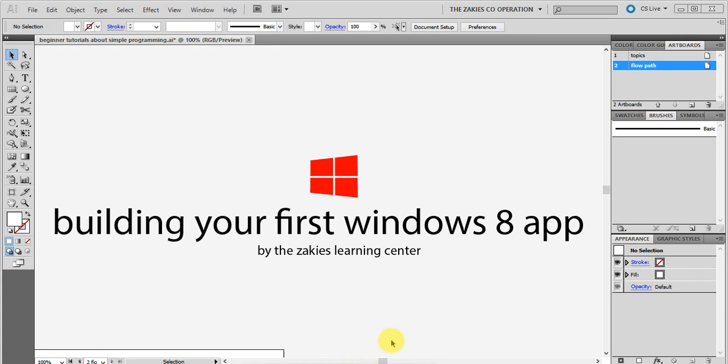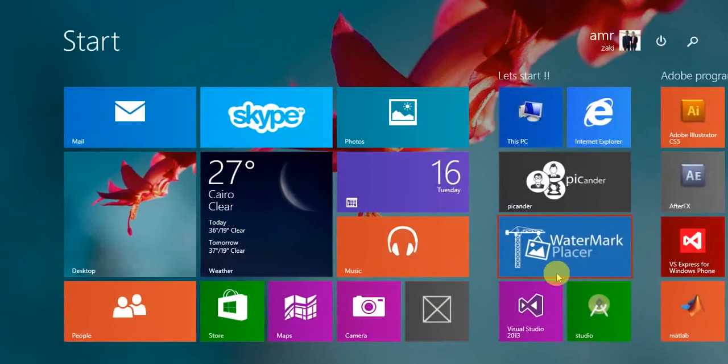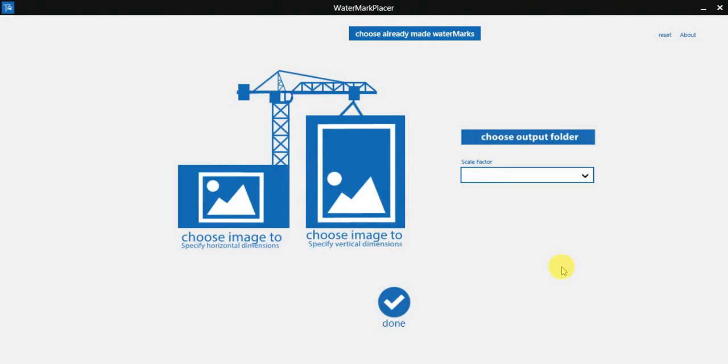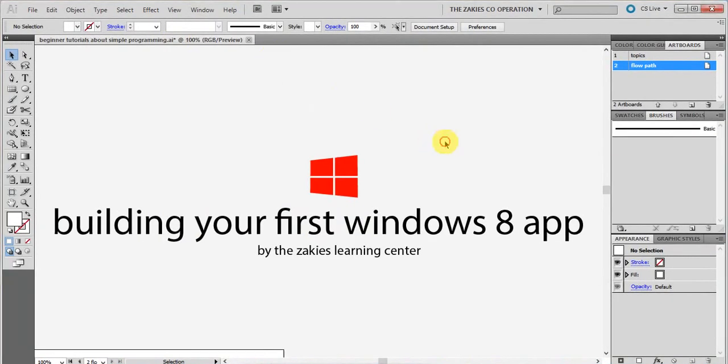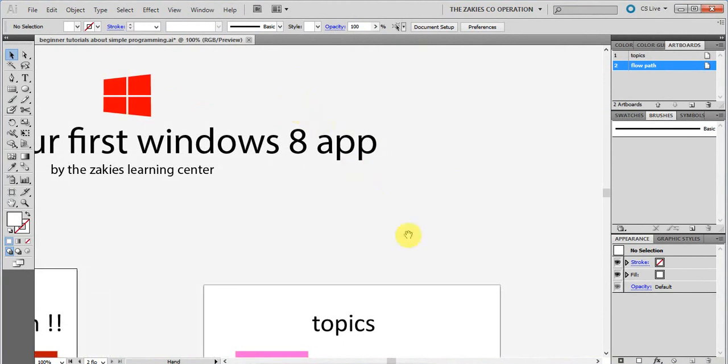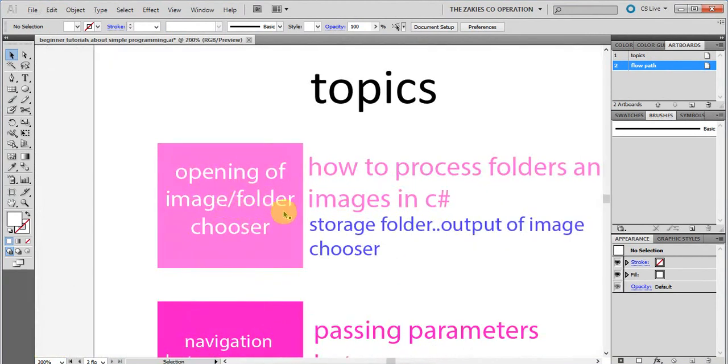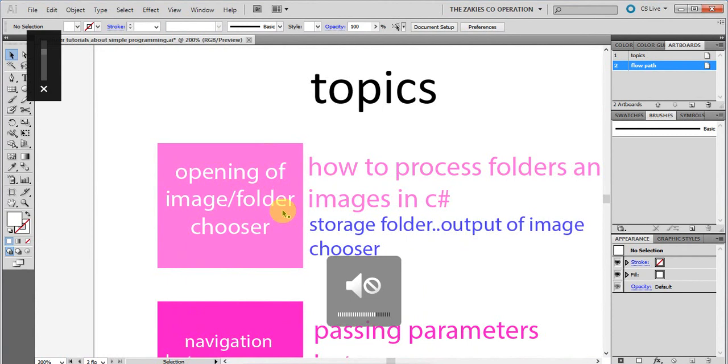And this, I really hope that we learn Windows 8 application design and development through a real application. This application would be a watermark placer, an application that I have designed and developed last November. Through learning this application, I think we'll cover some major topics, like how we open an image chooser, how we open a folder chooser, how we process our folders and images in C sharp. We'll talk also about